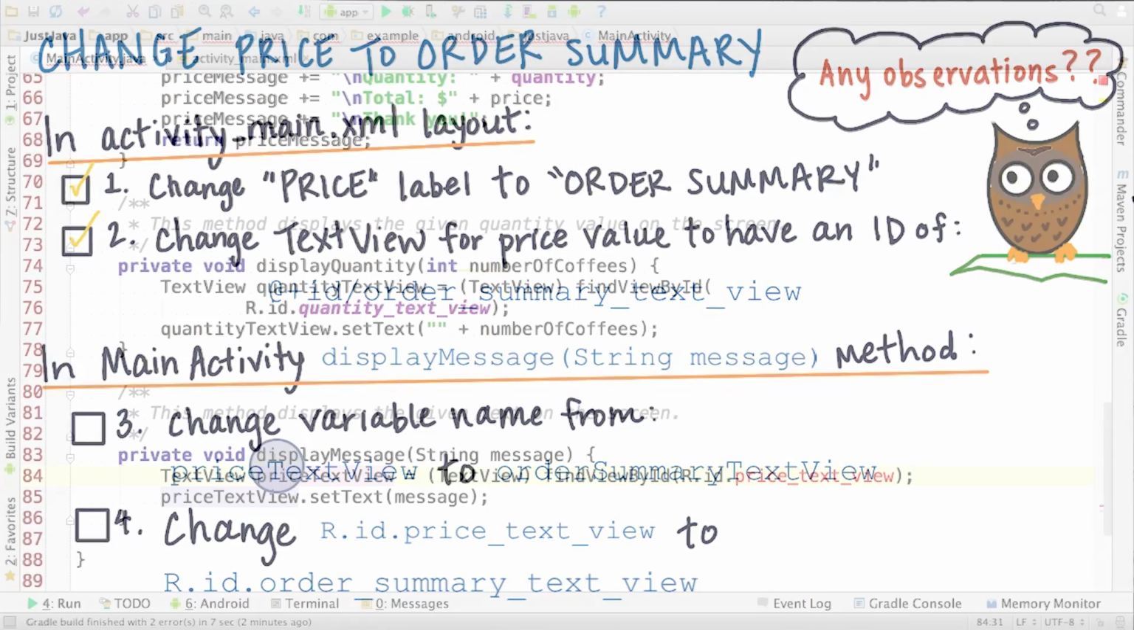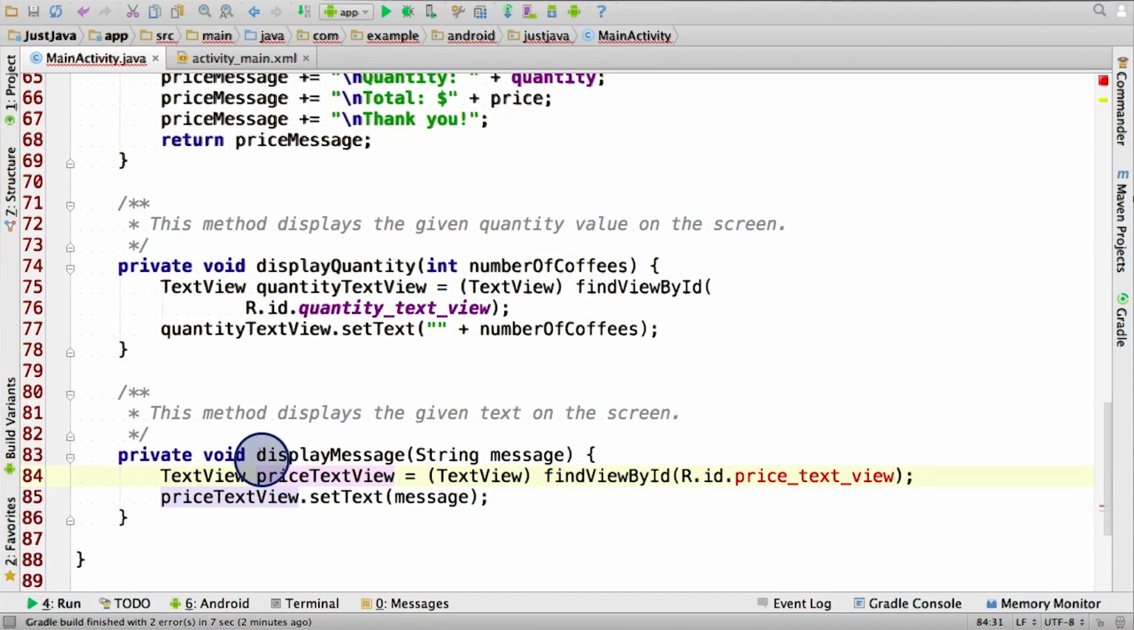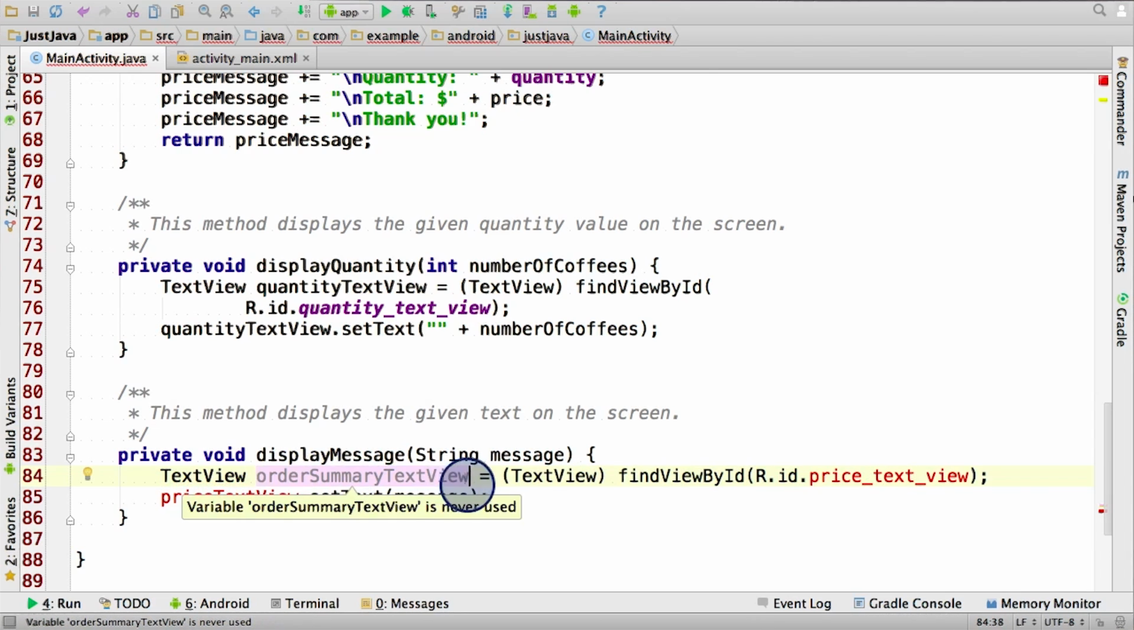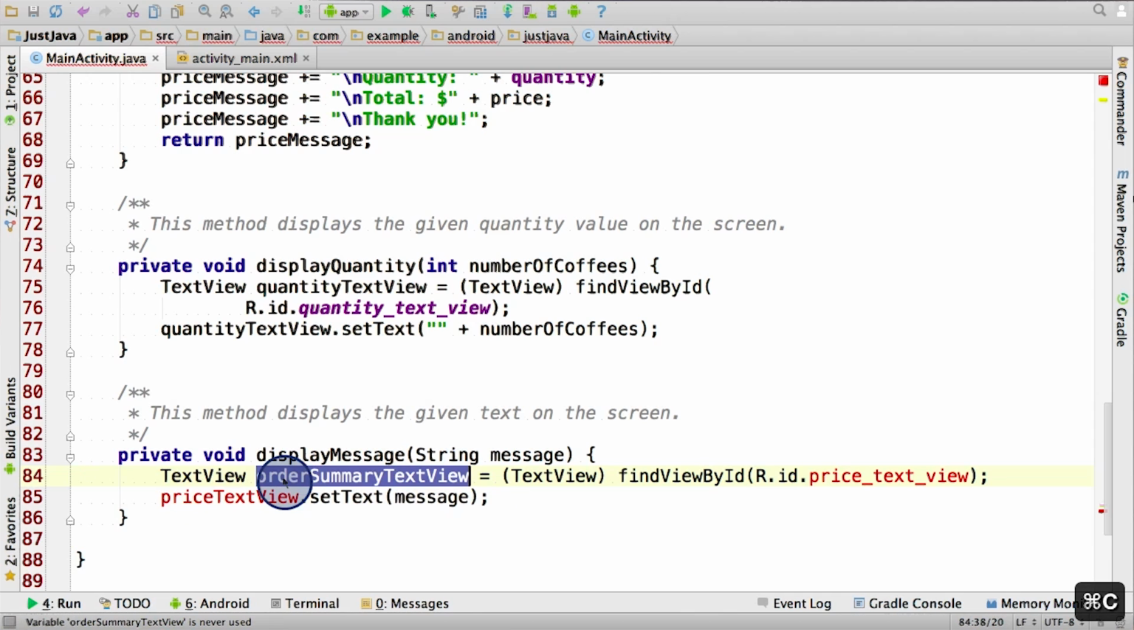text view. Within the main activity file in the displayMessage method, I find the price text view here. I'm going to delete this and then type in order summary text view. It's going to be in camel case and start with a lowercase o because it's a variable name. Immediately I get a warning that says the variable is never used. So I'm going to copy it and I'm actually going to use it on the next line here